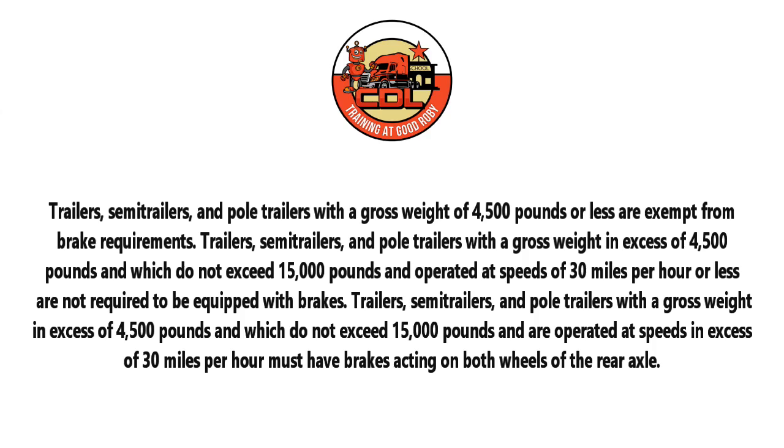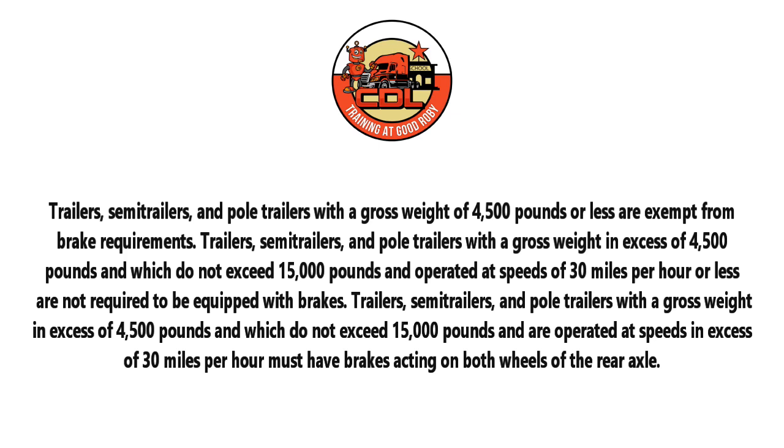Trailers, semi-trailers, and pole trailers with a gross weight of 4,500 pounds or less are exempt from brake requirements. Trailers, semi-trailers, and pole trailers with a gross weight in excess of 4,500 pounds, and which do not exceed 15,000 pounds and operated at speeds of 30 miles per hour or less are not required to be equipped with brakes. Trailers, semi-trailers, and pole trailers with a gross weight in excess of 4,500 pounds and which do not exceed 15,000 pounds and are operated at speeds in excess of 30 miles per hour must have brakes acting on both wheels